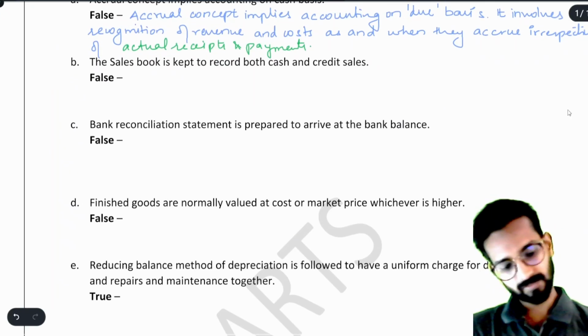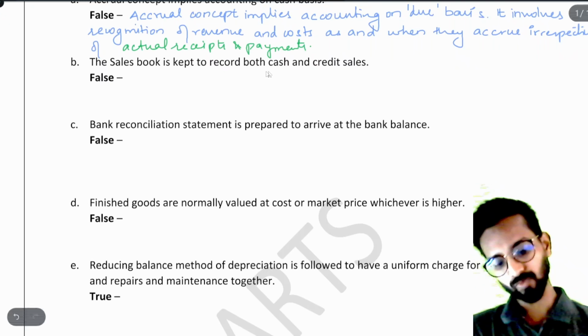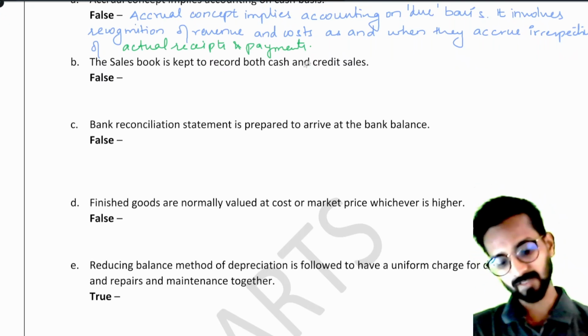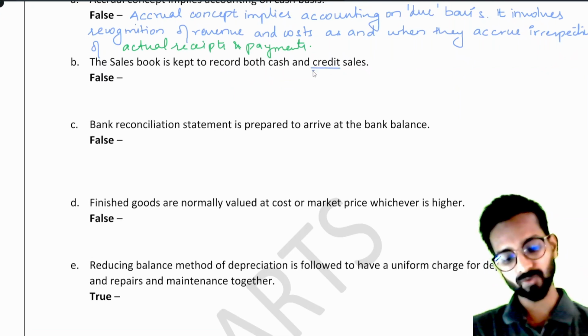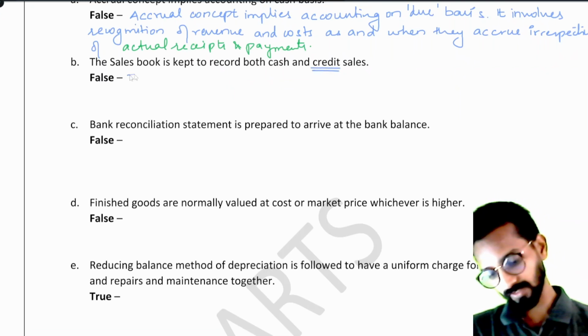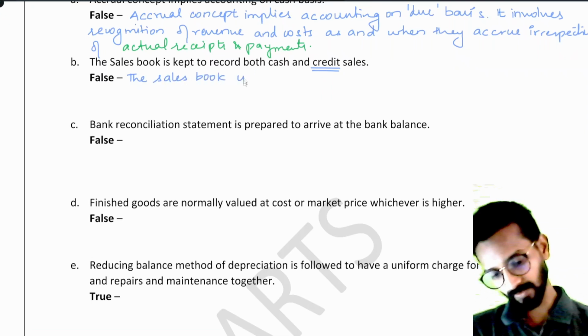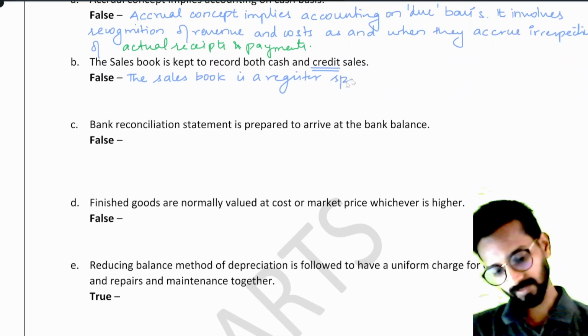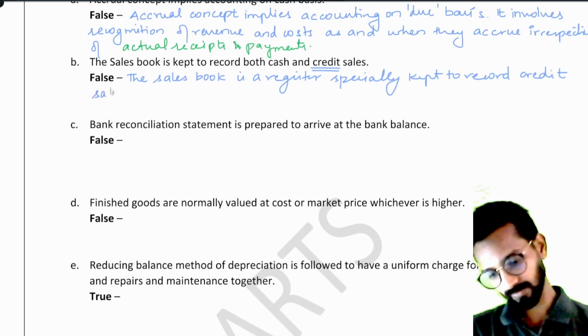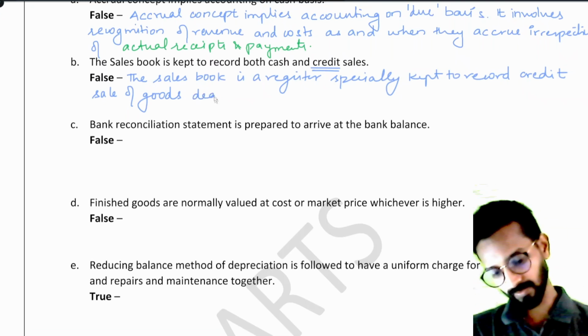After that, the sales book is kept to record both cash and credit sales. We know that sales book will not record cash sale. It records only and only credit sales. So we will write here, it is false. The sales book is a register, or you can write a journal, specially kept to record credit sale of goods only, of goods dealt in